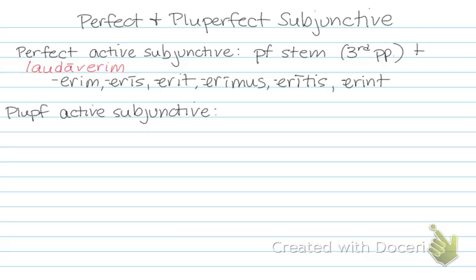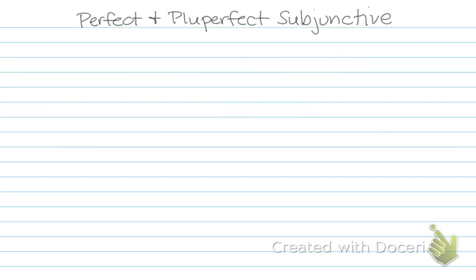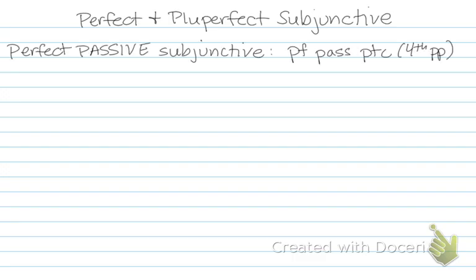The pluperfect active subjunctive you form by taking the perfect stem, and then adding issem, isses, isset, issemus, issetis, issent, as in laudavissem, the first person singular. For the passive, we need to switch over to the fourth principal part. So we're going to take the perfect passive participle, and then put a space, and then put the word sim,